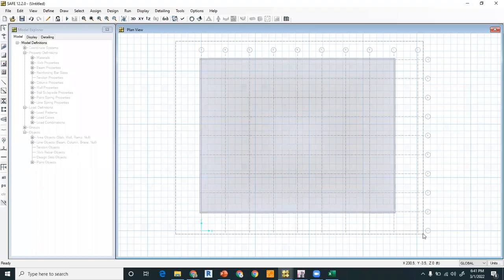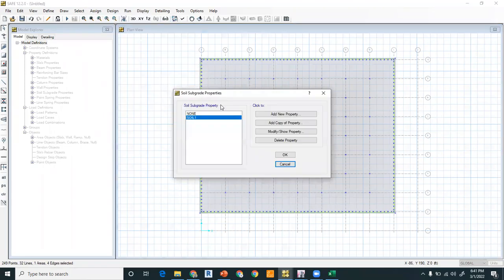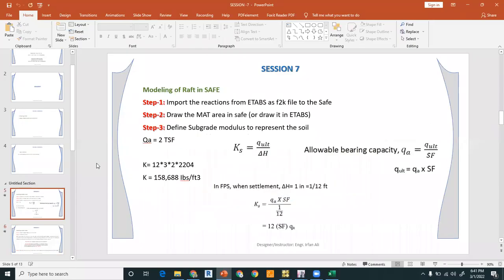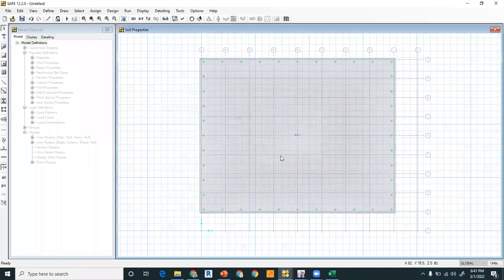So you have to select all of the raft and go to Assign, Support Data, Soil Property, and this is the Soil 1 you have to modify, and we have to write 158,688. Right, so this is the value 158,688, and you have to click OK. Now the soil has been assigned to the raft. So the next step is the